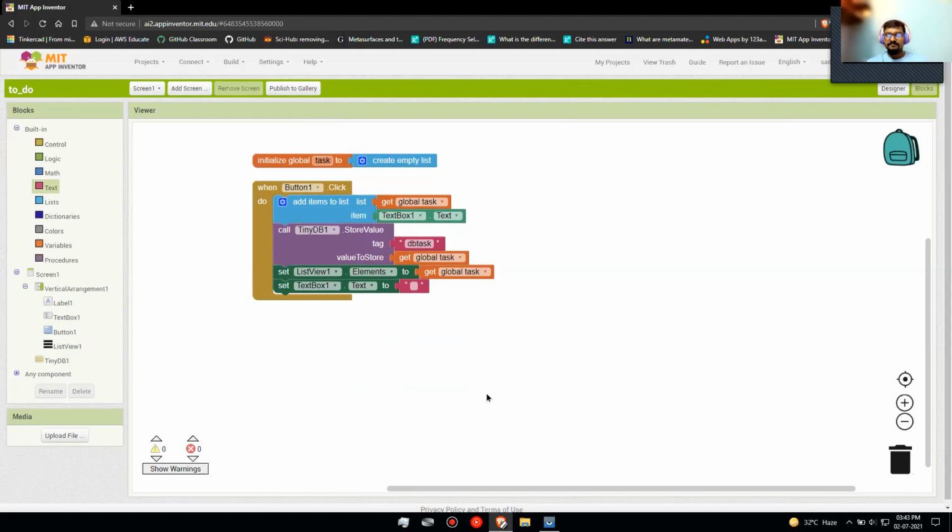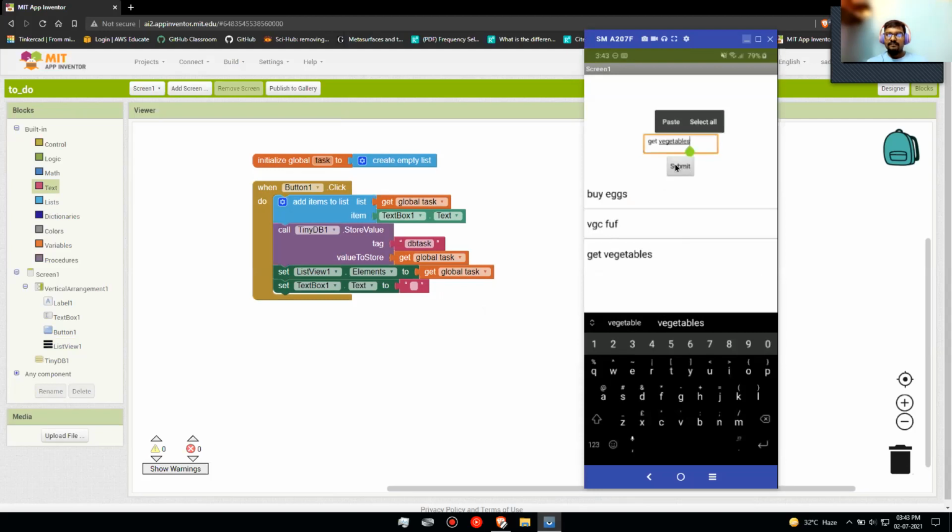Change the background color to what? Any text. So it should be like set text box one dot text to empty quotes, and just keep that empty quotes as empty. So now if we submit anything,